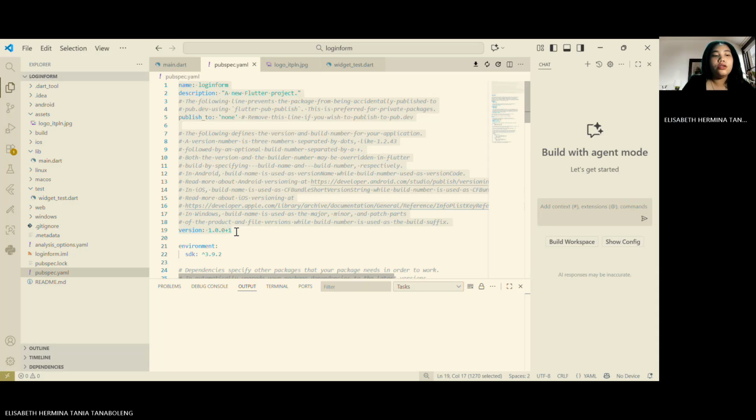Number one, name specifies the name of your application or page, in this case login form.